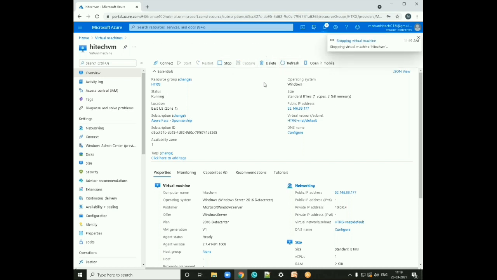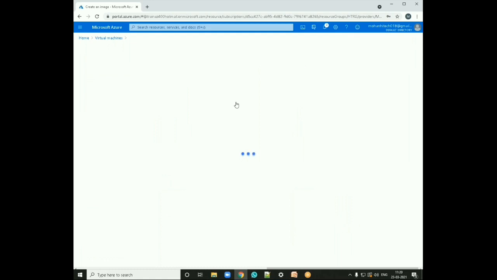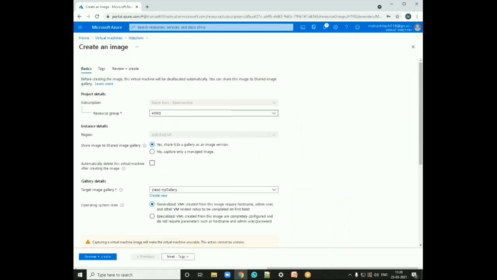So in parallel, okay, when you're stopping the virtual machine, you cannot capture it. Let me refresh again. When the machine is in the stopped condition, we are not able to take an image of that specific machine, as a backup or anything. So let me wait for a while and start this machine again. Now I can capture this.